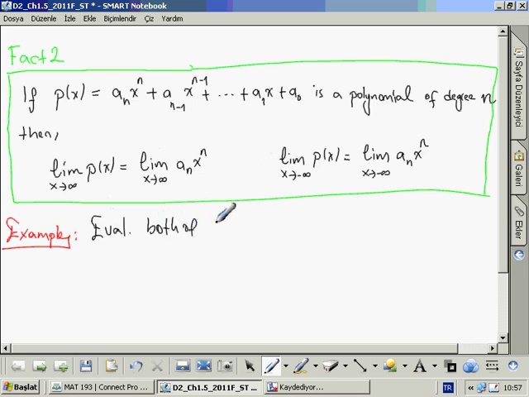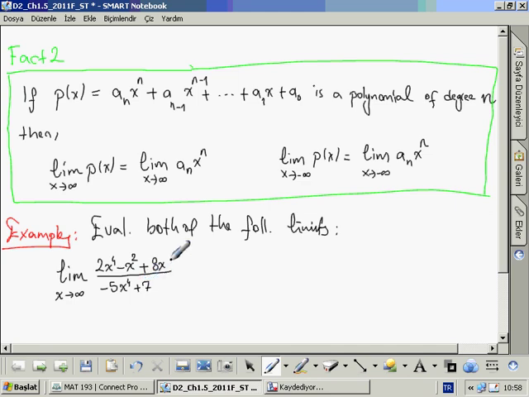Evaluate both of the following limits. The first one, the limit as x goes to infinity of 2 times x to the power of 4 minus x squared plus 8x over minus 5 times x to the power of 4 plus 7,